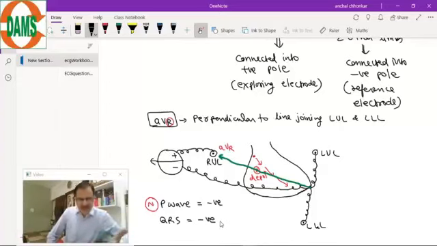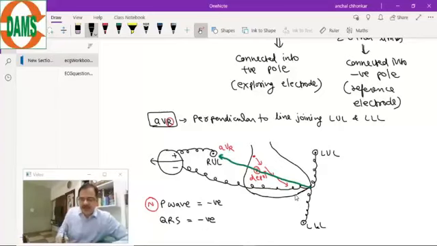Yes, it will be less negative because this is not along the line. Now, the second conceptual question from my side, let me see who can give me the correct answer. Repeat this point. Remember, yesterday we did, if the positive charge is going away from the positive pole, the needle will deflect downward. Similarly, here the positive pole is the right upper limb and the depolarization is going away from the right upper limb. So it will show a negative deflection.